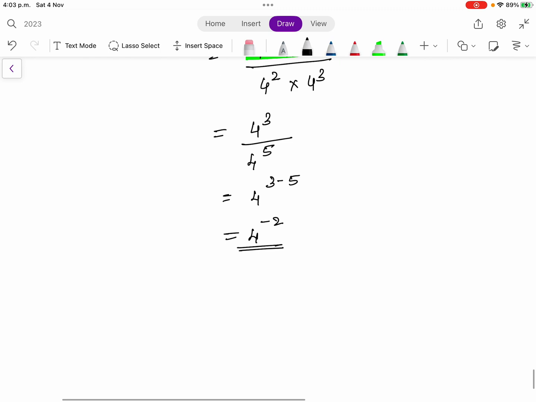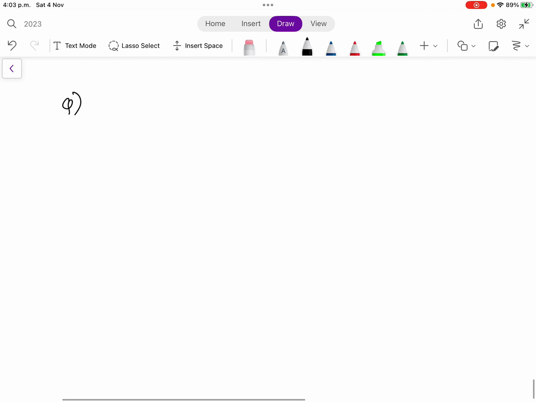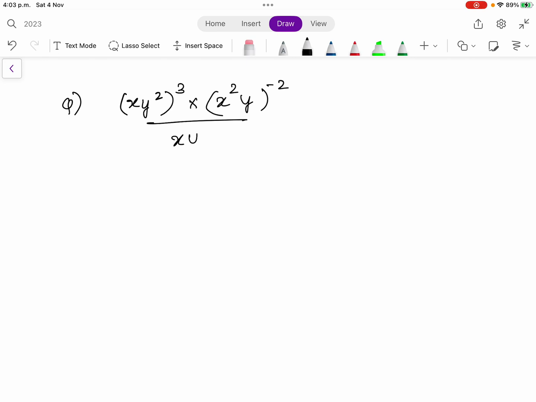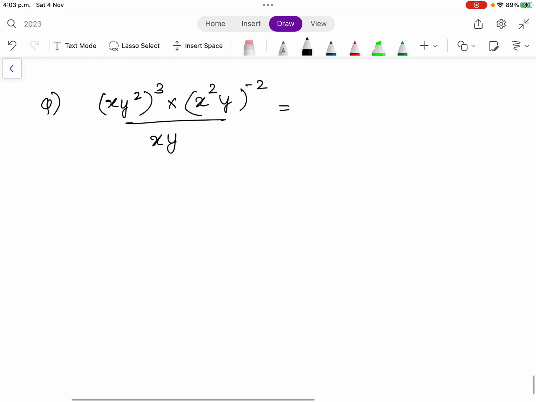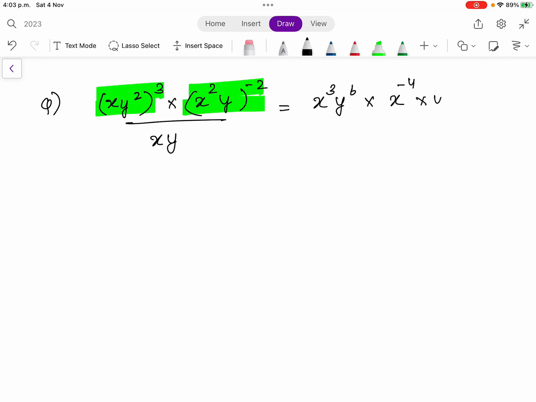Now you will get different questions. I don't think you will get direct questions like this, but in case you get a direct question anytime, you should be able to simplify this. So a question can come like this: xy square to the power of 3 times x square y to the power of minus 2 over xy. Okay, now this can be simplified. First you simplify this value. So that is x cube y to the power of 2 times 3, which is 6, times, then you simplify this one. So that will be x to the power of minus 4 times y to the power of minus 2